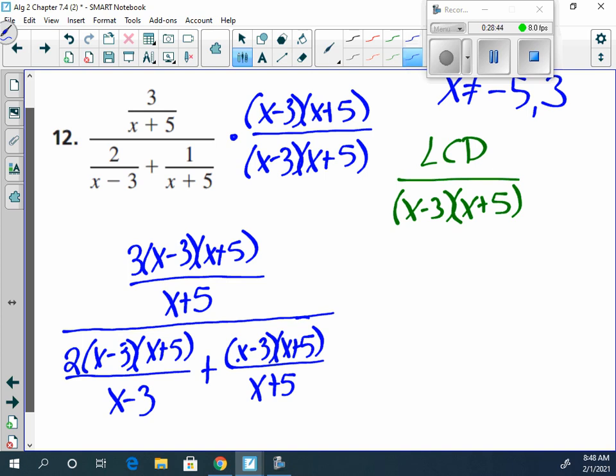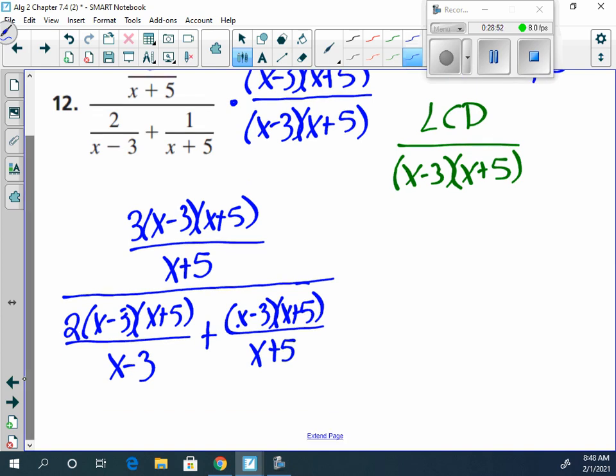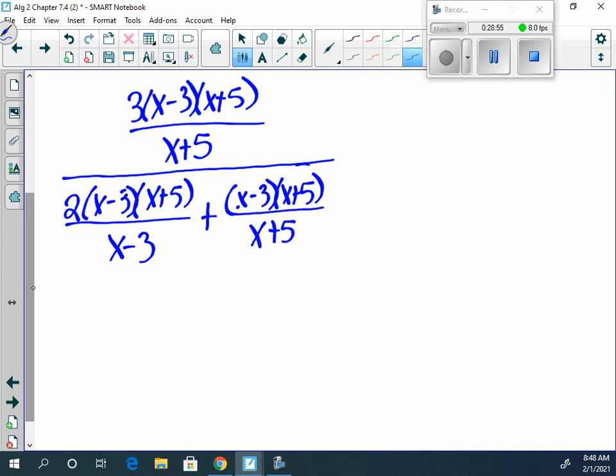Now, if you don't need to rewrite these all the way out, if you can see, okay, so the numerator, the x plus 5 and x plus 5 cancel, and you can just say, okay, well, it's just going to be 3 times x minus 3. That's fine. If you can see that and how they cancel, you can go straight to here, because we'll distribute here in a minute, and you got 3x minus 9? Yeah, that's fine. I'm just writing these out because I don't want to be doing too many steps all